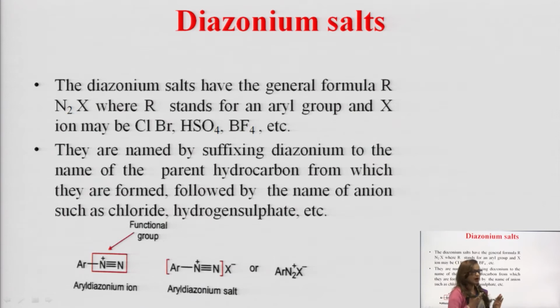So now two points are clear regarding the structure of any aryl diazonium salt. Now the question is how we can name any diazonium salt. It's very easy. See, before understanding this point, I want to make it clear that in the naming of any diazonium salt, you must keep one thing in mind, right?